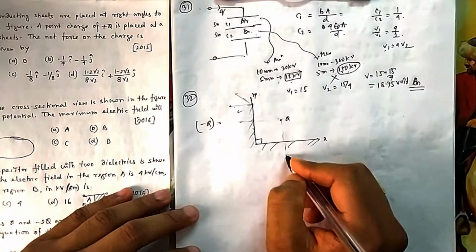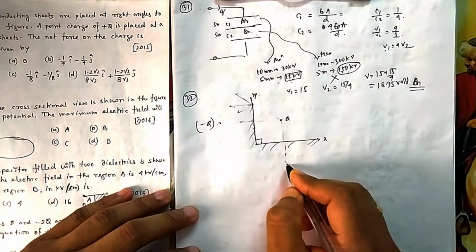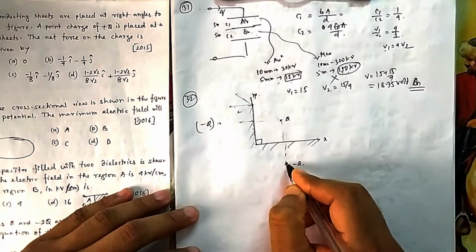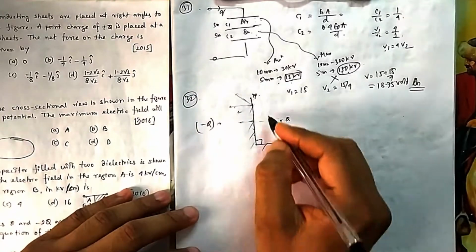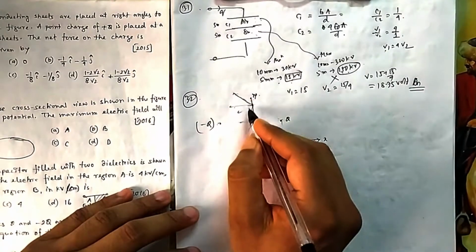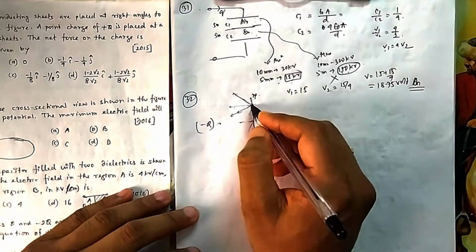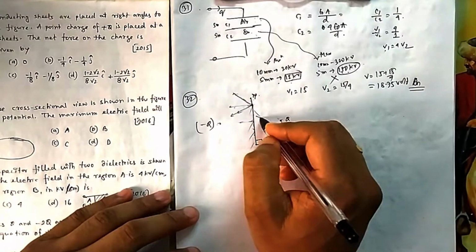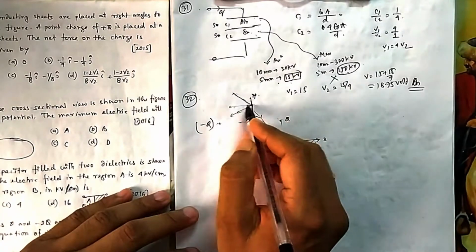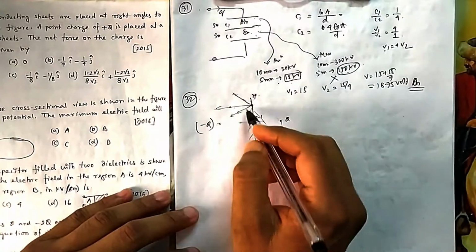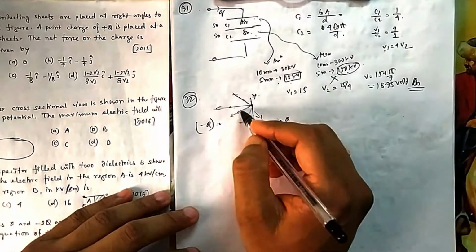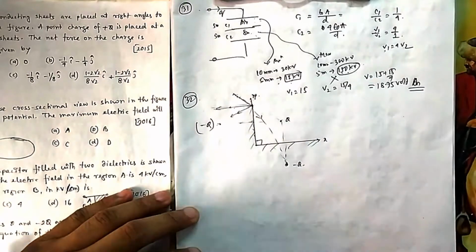Similarly here also, there should be a minus Q. Now if both these charges are present, you come to this again. This is pushing it in this direction, electric field. This is pulling it in this direction, because it is minus. This will also pull it in this direction. So again the net electric field will not be in this direction, because the resultant of these two will come here, but because of this it will not come here.